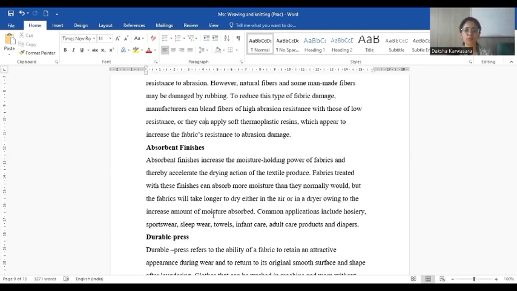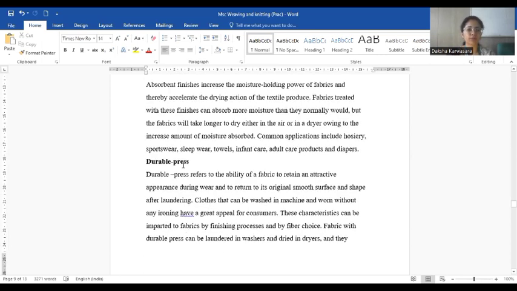So absorbent finishes are mostly applied on hosiery, sportswear, sleepwear, towels, infant care, adult care products, and diapers. Mostly these kinds of finishes are applied. Next one is the durable press finishes. Durable press refers to the ability of fabric to retain an attractive appearance during wear and return to its original